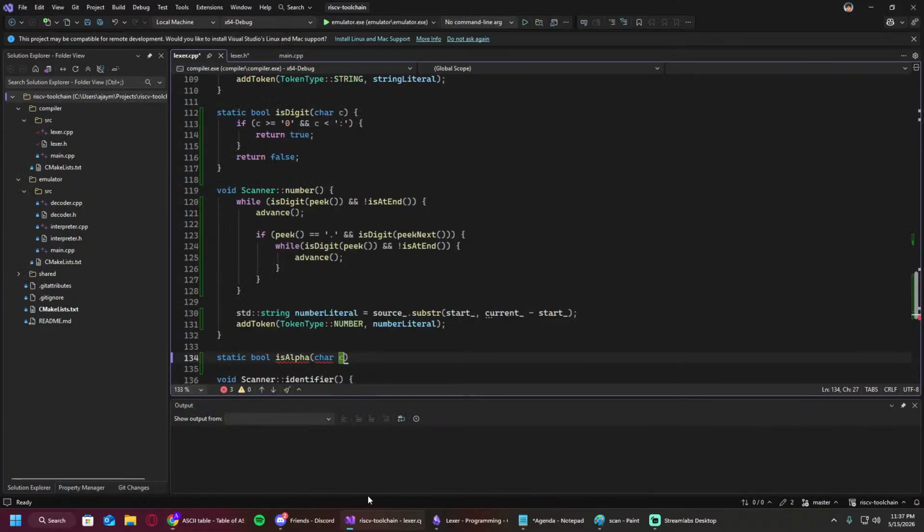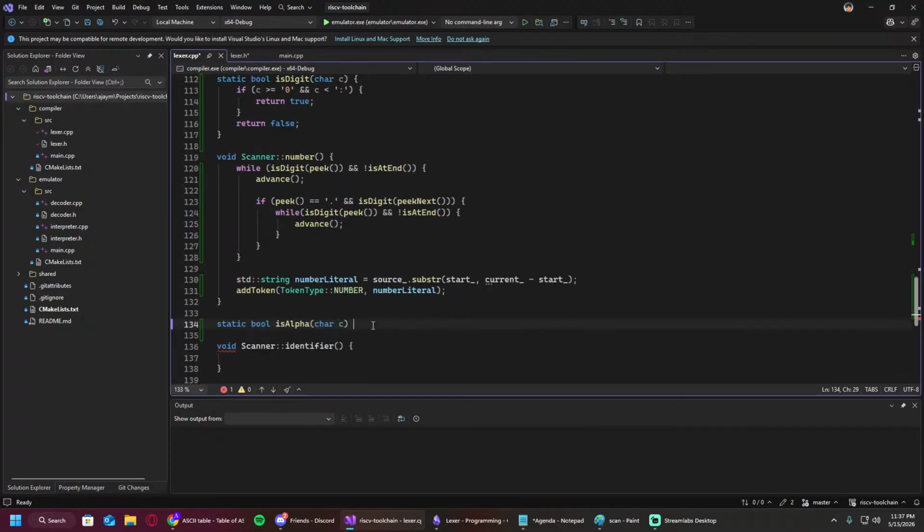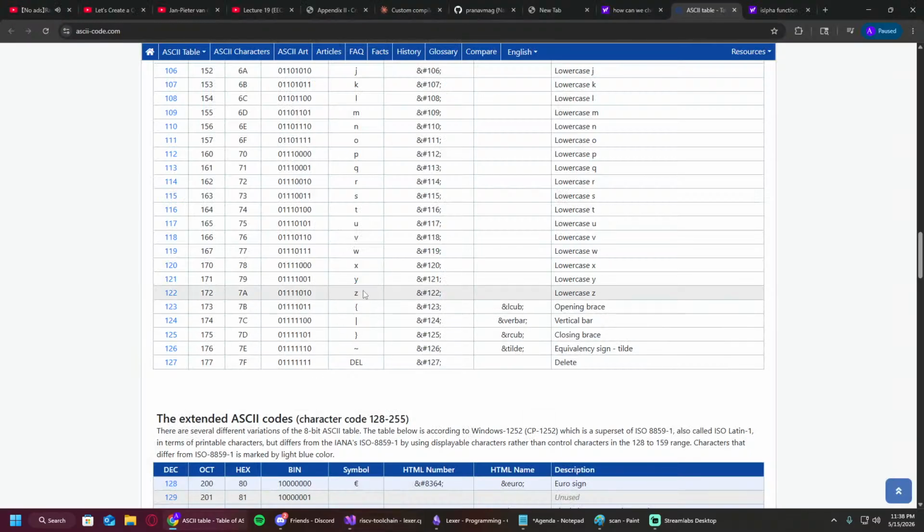So based on our char value, we need to check if our char value is greater than or equal to uppercase A, and make sure that it's less than or equal to lowercase z. I believe that should be valid,